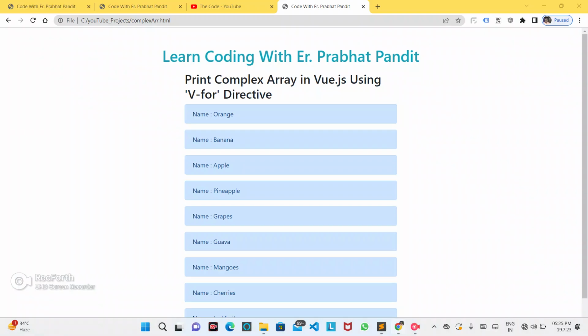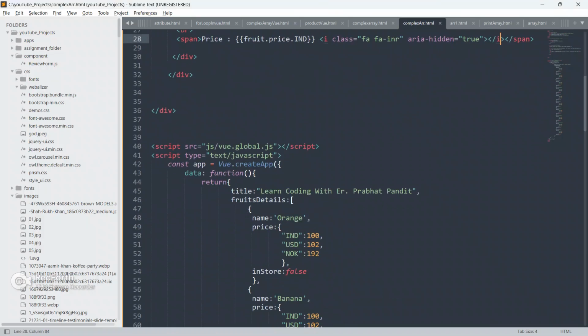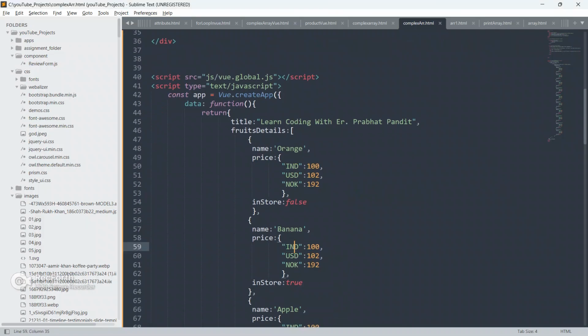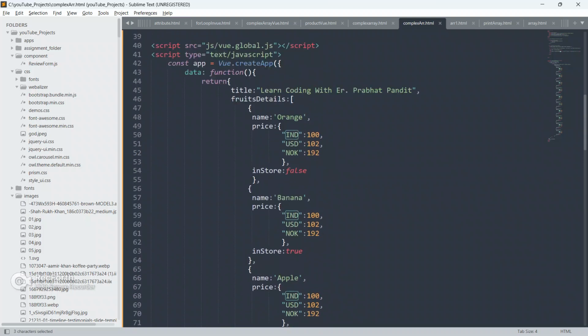Close this I tag. Now save your code, go to the browser and refresh your page. See, guys, we got our name and price, and this price is the Indian price, so that's why I have given the rupees sign here.